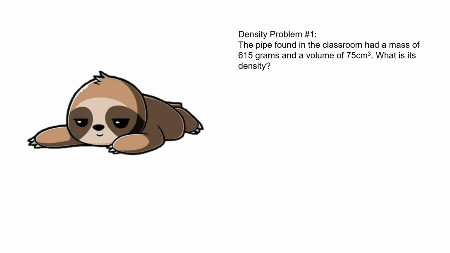Now, the piece of metal that was found, the evidence that was found in the classroom, has a mass of 615 grams and a volume of 75 centimeters cubed. So you're going to need to find the density of the piece of metal that was found in the classroom. Then